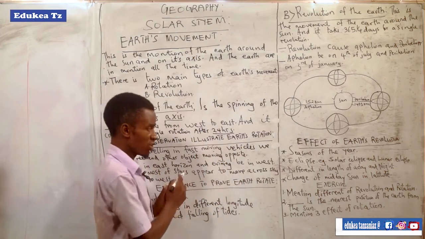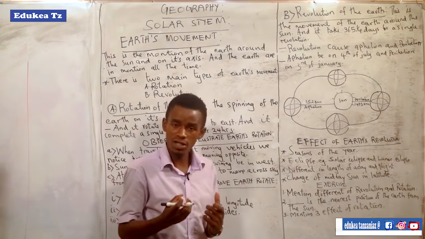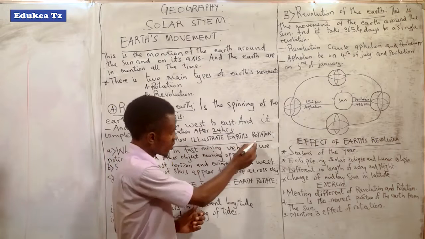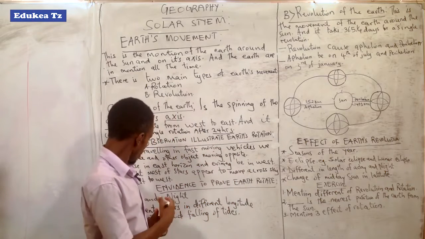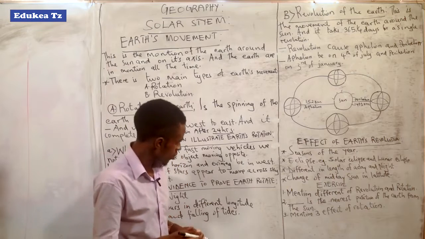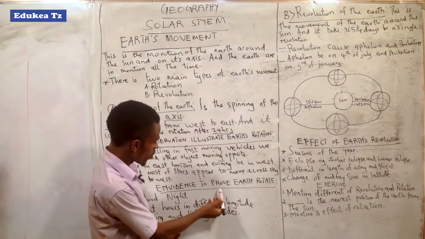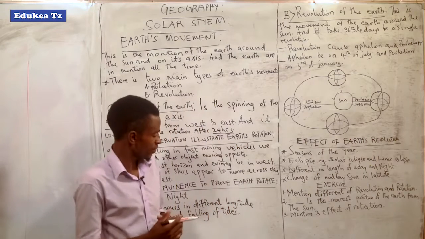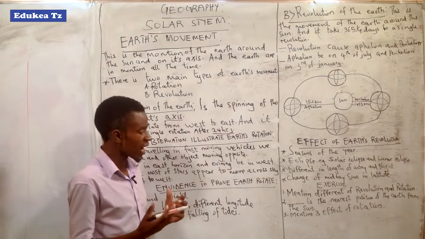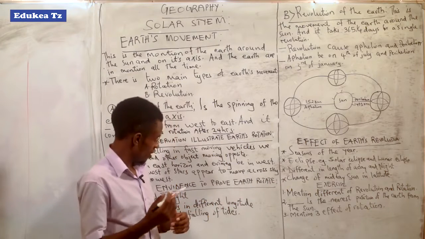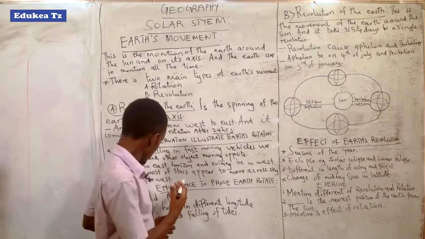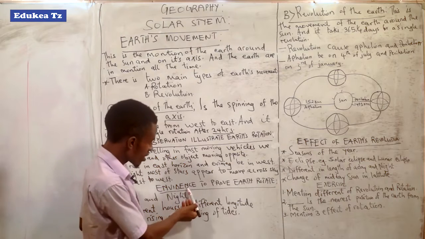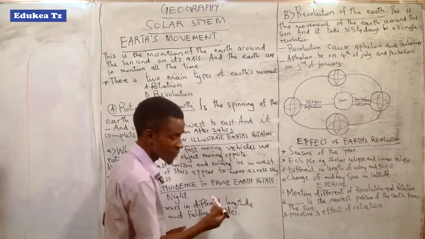So that is an observation, or the things observed by scientists or by humans, that can help us explain that the Earth is in rotation. Let's come to another part, which is evidence to prove the Earth rotates. There is a contradiction among students and others, who don't agree that the Earth is rotating. But to show that the Earth is rotating, remember that we are about to look at evidence.